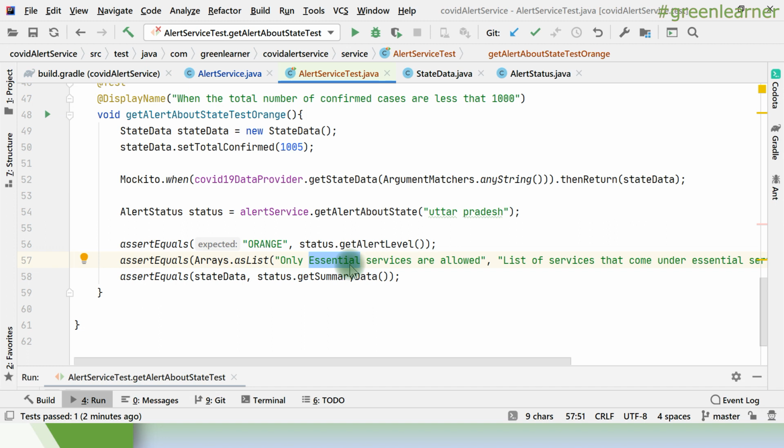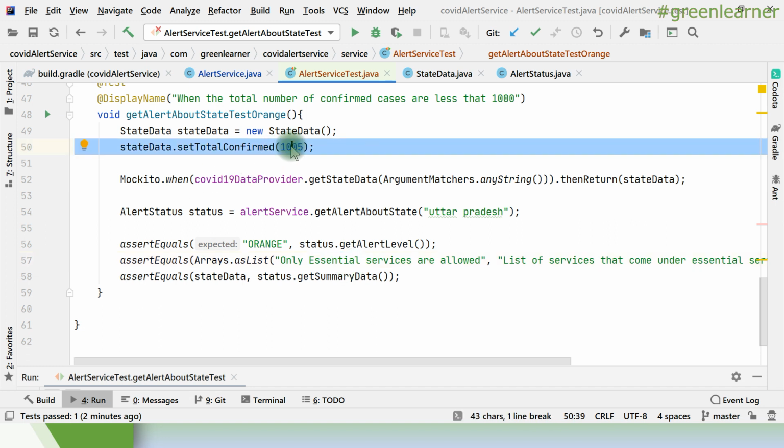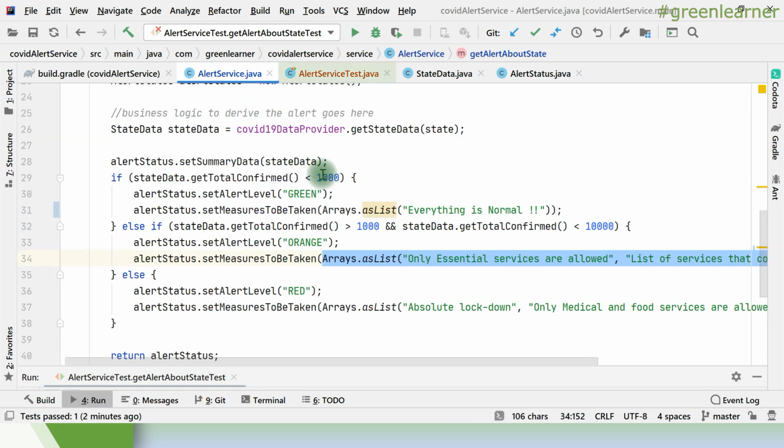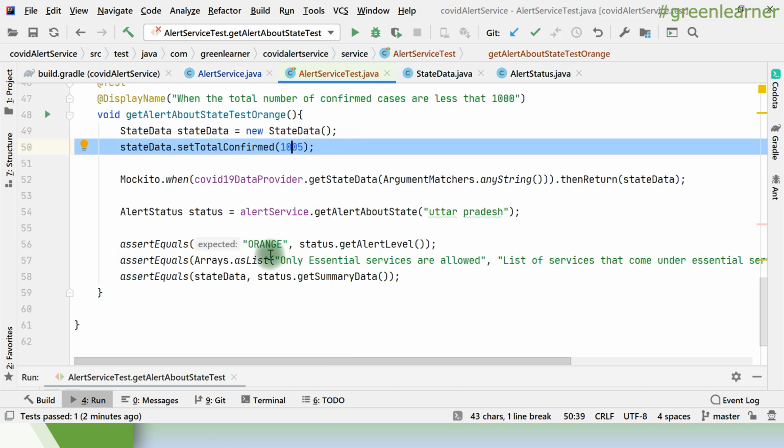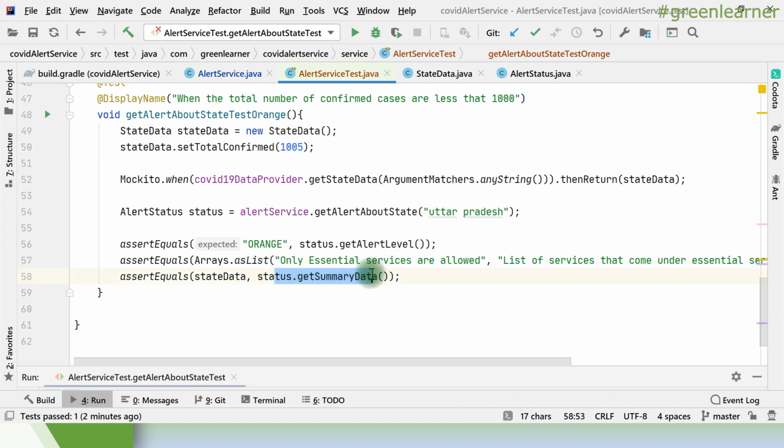Because the same thing I want to test, right? Whether it should not be the case that if I'm putting 1,005, green is being returned if it is not written properly. So it's about the sample data from where you are taking. In other cases, this summary data is going to be the same.